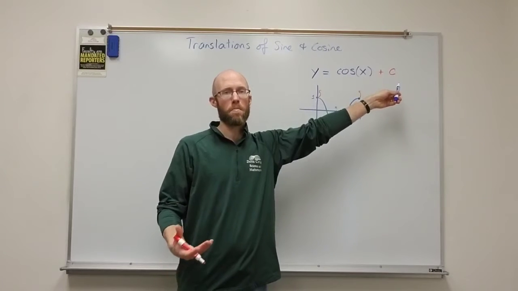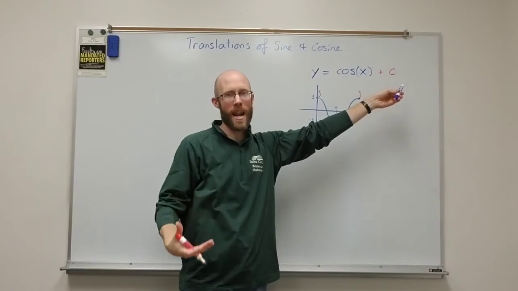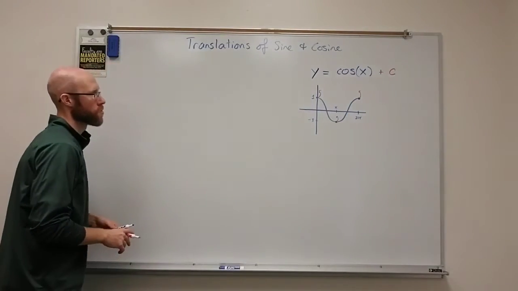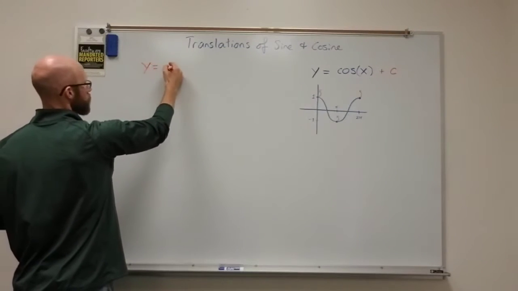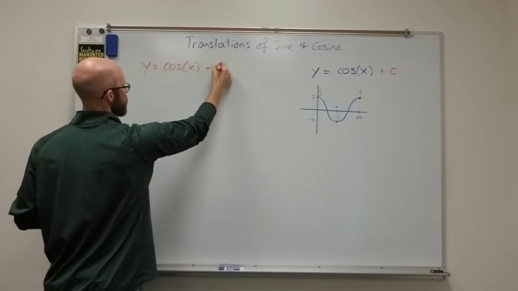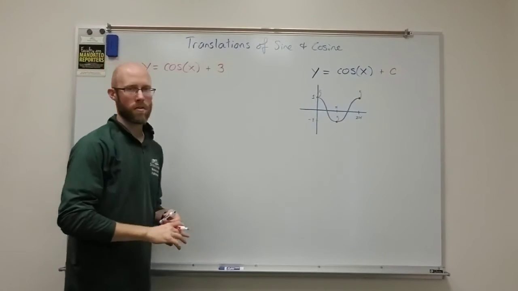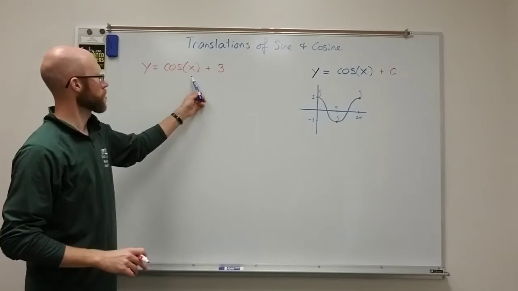That c could be positive, which raises it up, or you could add a negative c and that would drop it down. So an example might be y equals the cosine of x plus